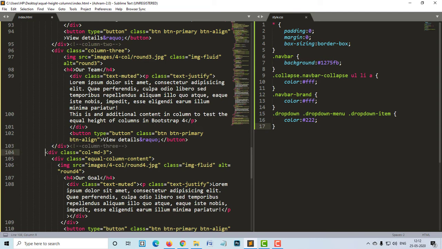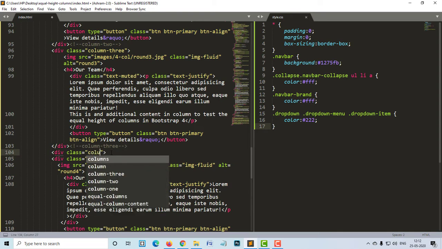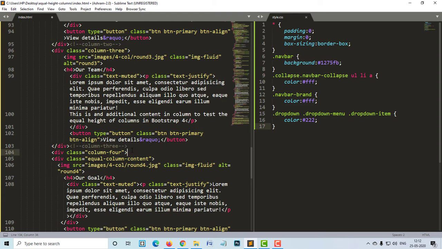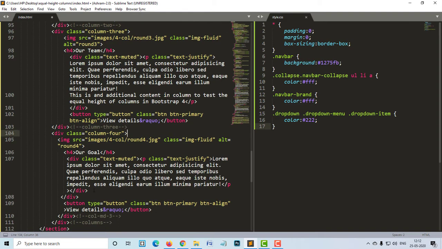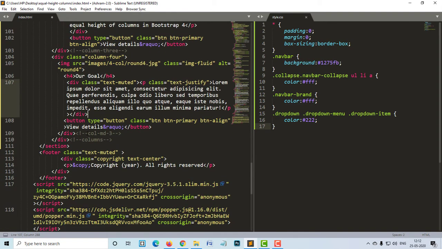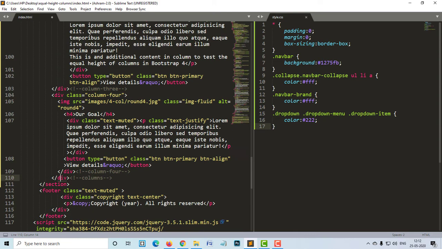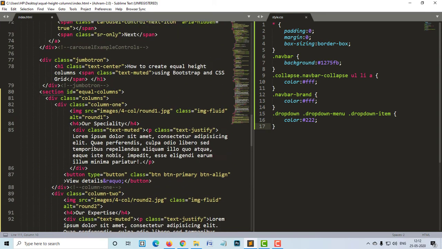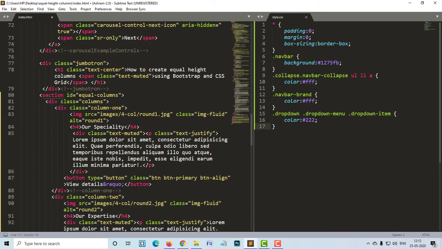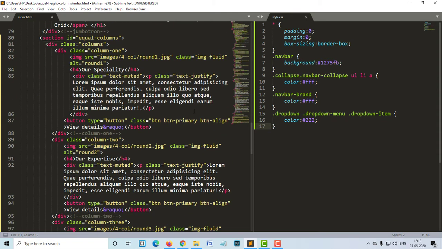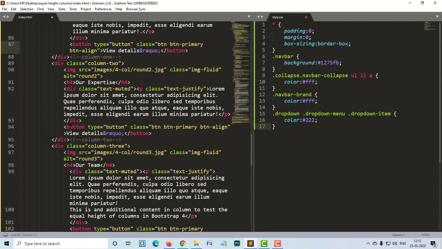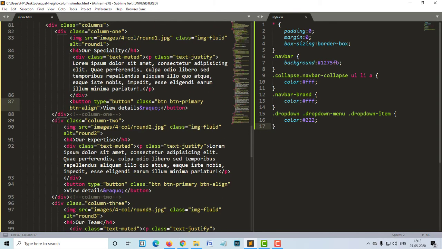The last one will be column 4, and this div I will remove, and here also I will remove this, and this will be column 4. And the last one is already the closure of columns, and then the section. So this is the code for the equal columns which we are going to use for CSS grid. Let me align the contents a little.